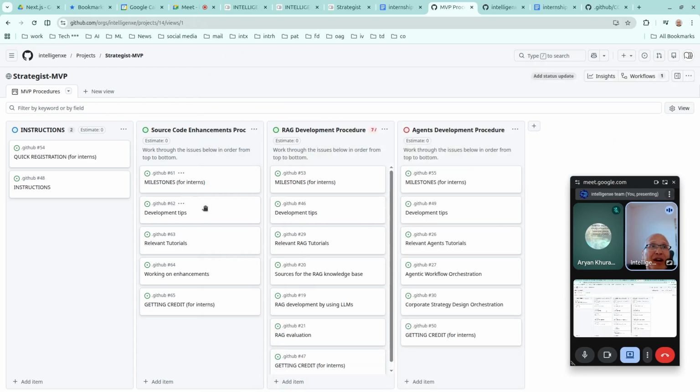Go into this page where we have the projects, which is called strategists. For the internships, you have to select either one of these columns, because each column is a different project. If you go through the tickets or the issues in each column from the top to the bottom, by the time you get to the bottom, you'll be getting internship credit if you've done a good job,